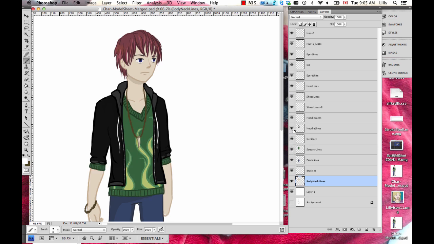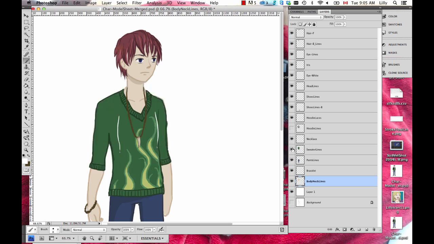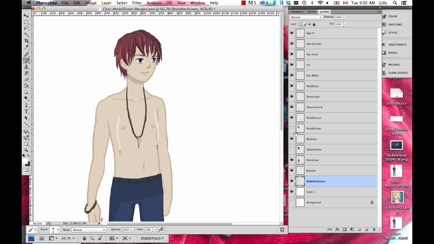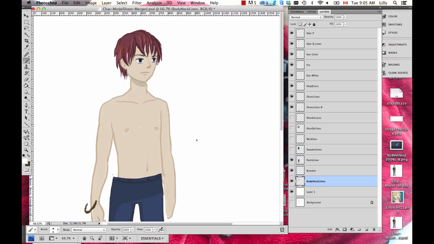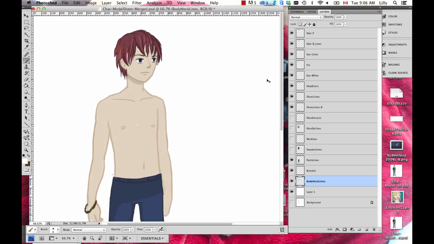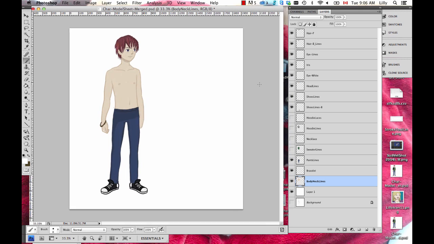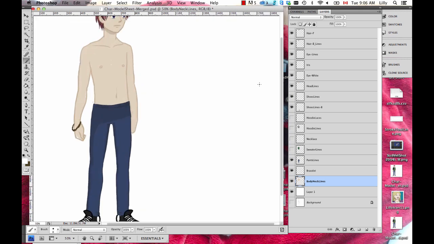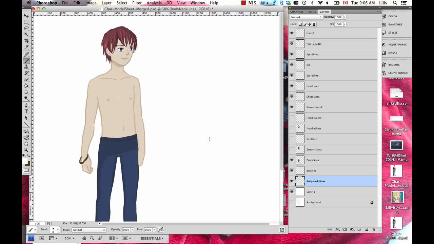I also personally like a method where I put the clothes on my character. In other words, I've got the hoodie there on top, I've got the sweater underneath, and sorry, he's got some laces hanging out there. And then he's got the necklace, and then he's got a body underneath everything. I don't usually bother to put the body underneath the legs because I never take my character's pants off, but if you're ever planning on having a scene where maybe this character needs to go to the beach and he needs to have a swimsuit on,